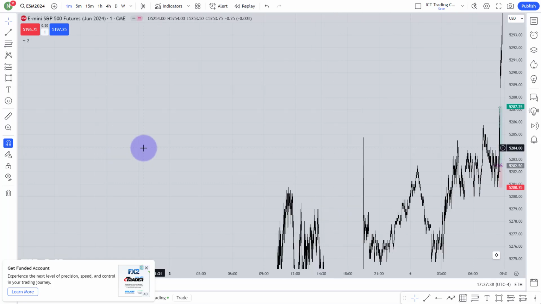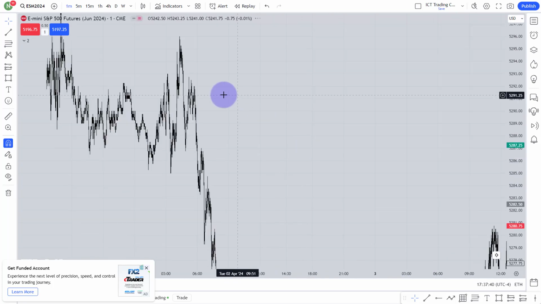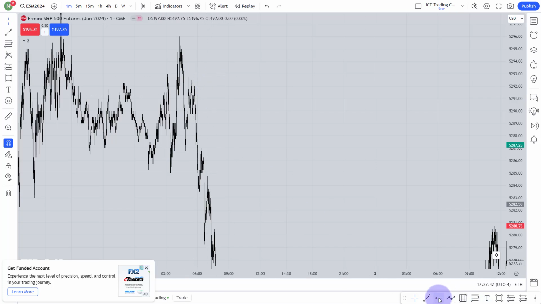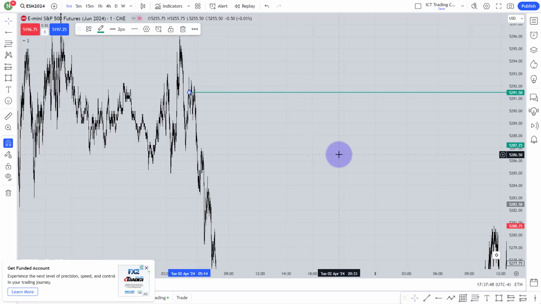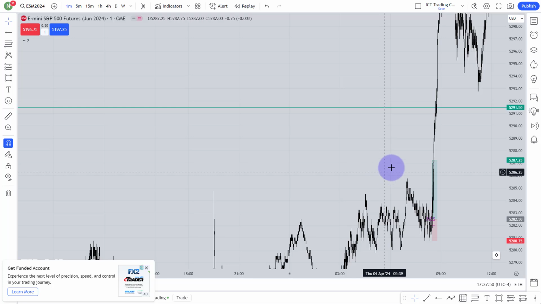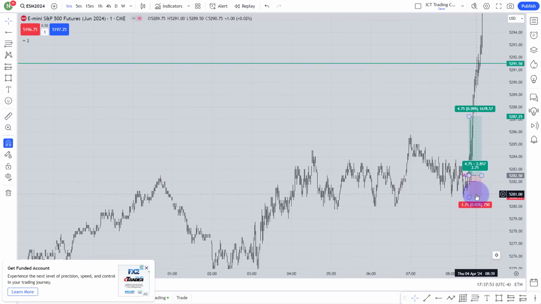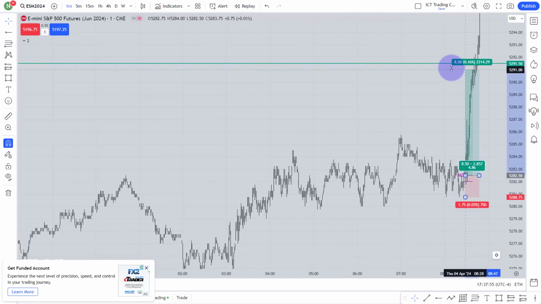Oh, okay, sorry. I got the liquidity here actually. So I marked those relatively equal highs around that area. Just let me mark it, and you will see it. It went actually far away. So over there, that was the